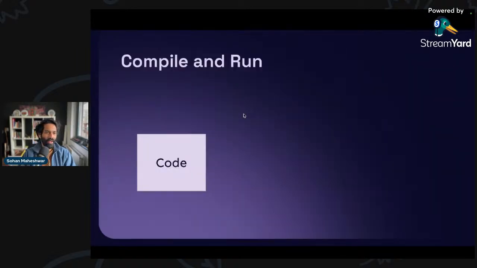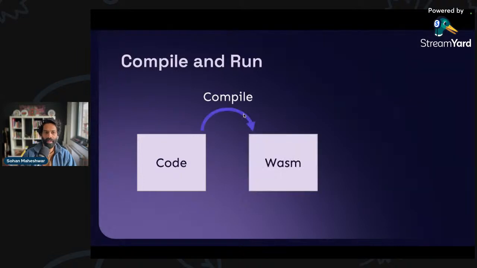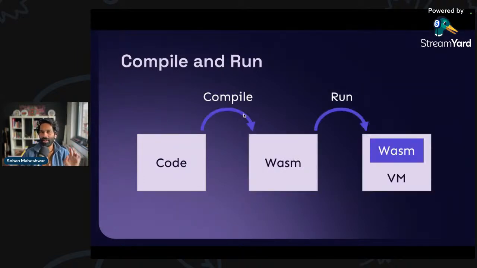And how does this work? Well, you write code in any language, and this compiles it to that Wasm module that we spoke about. And this Wasm module can run anywhere as long as there's a runtime for WebAssembly, right? And there are a bunch of runtimes out there. On the server side, we have things like Wasmtime, that's pretty popular, and there's a Node.js experimental runtime as well. On the browser side, we have SpiderMonkey and Chromium, all of them supporting WebAssembly right now. So if you're watching this on, say, Chrome or Firefox, there's a good chance that the version you're using does support WebAssembly runtimes.